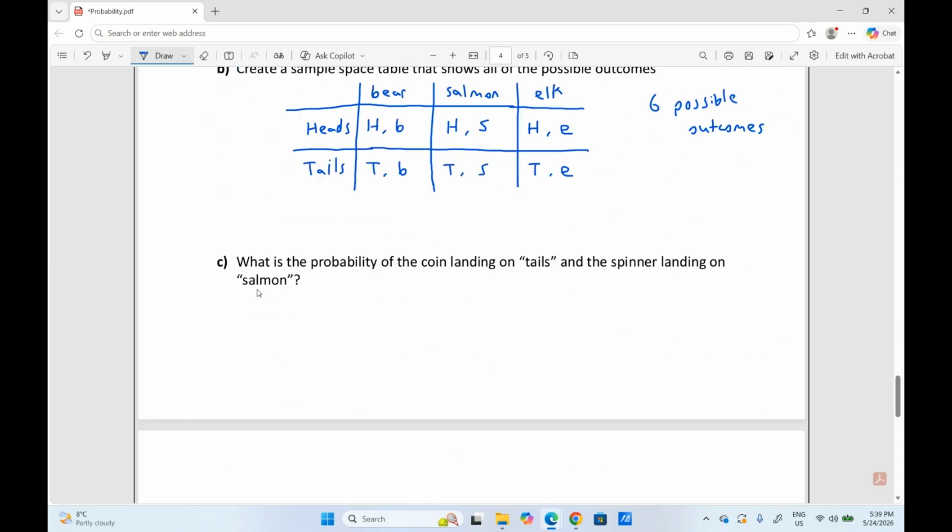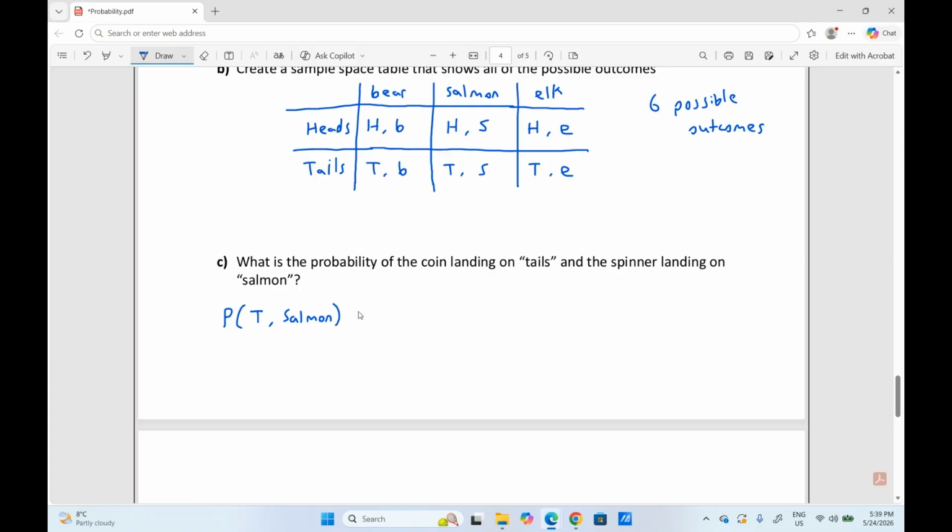Now, for C, it asks us a question. What is the probability of the coin landing on tails and the spinner landing on salmon? So for this probability, I'm going to have the probability of landing on tails, so T for tails. And then for salmon, I'm just going to write salmon here. I could also use S for salmon, but I'm just going to write the whole thing out. So I'm looking for the probability of flipping a coin, landing on tails, and spinning the spinner and landing on